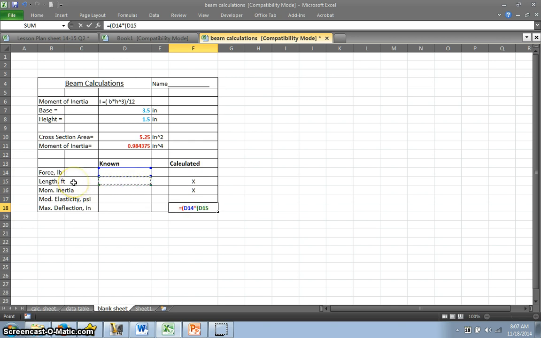But you'll notice I had length in feet here. I needed it in inches, so I've got to multiply it times 12. That's why I had those parentheses, times 12, close parentheses. That's going to automatically convert it to inches. And then I need to cube it, and then I need to close the whole thing in parentheses. So that is my FL cubed. Divided by,